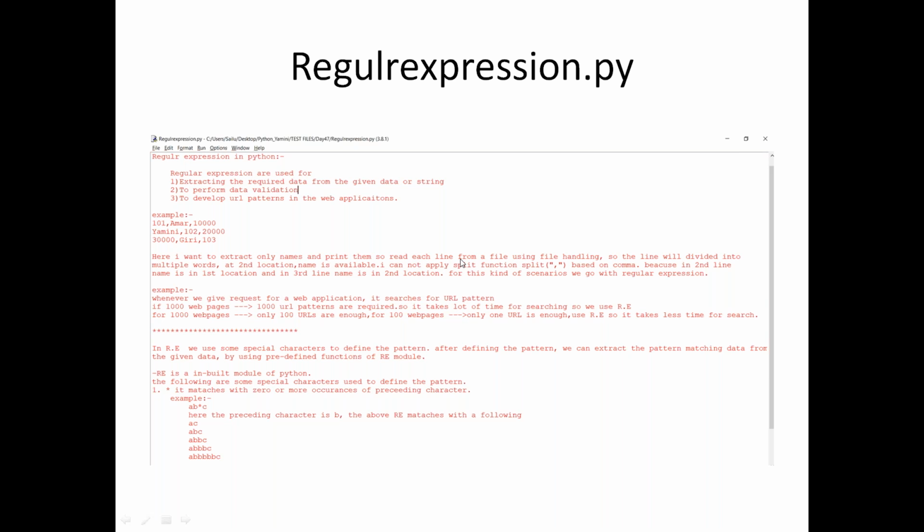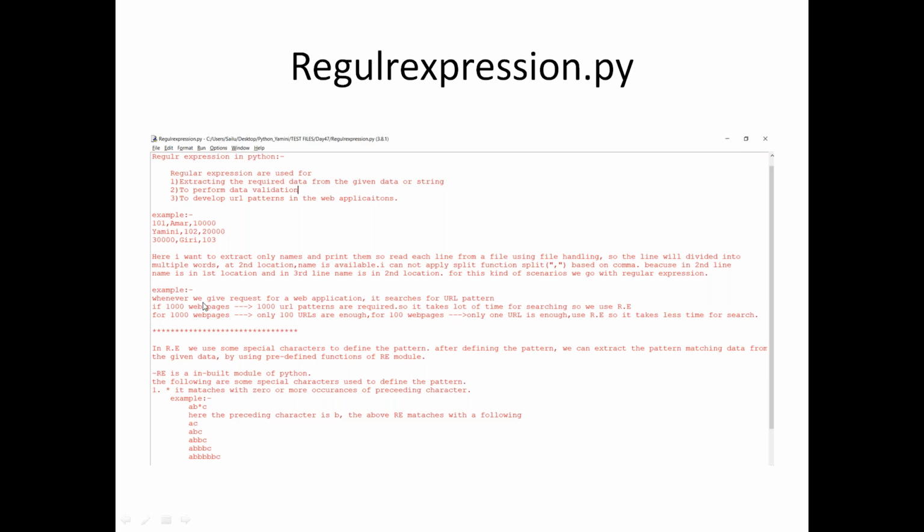You have to read each and every line, and each line will be divided into multiple words. The name may be available at a different location, so I can't apply a split function separated by comma, as I explained earlier. So in this scenario, I go with